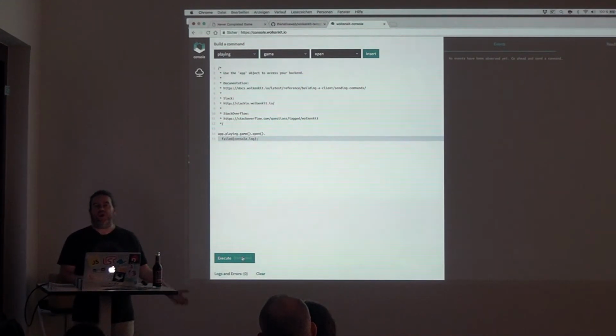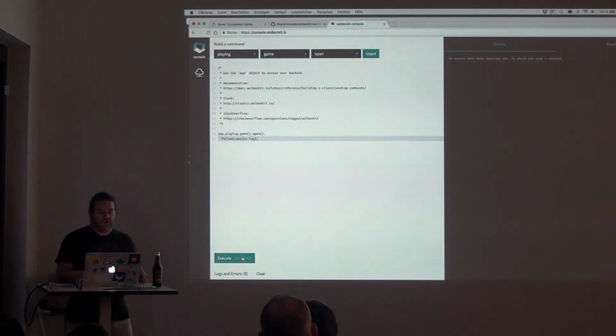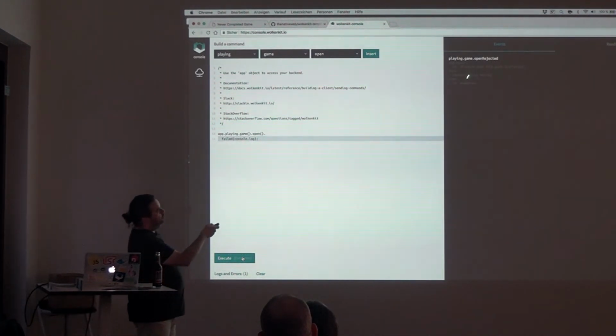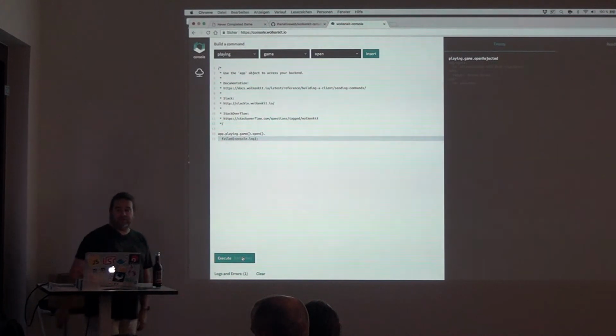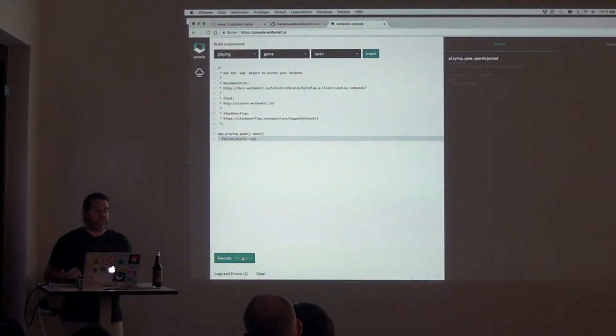So let's just try to run it. And before I click execute, you can see here on the right, we've got an events section. So if I click execute, we get an open rejected event, and the reason is access denied. And the reason for this is